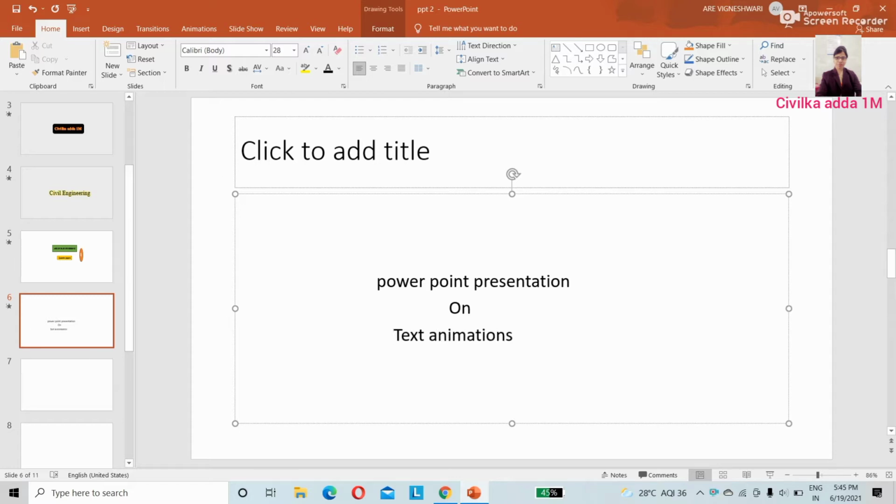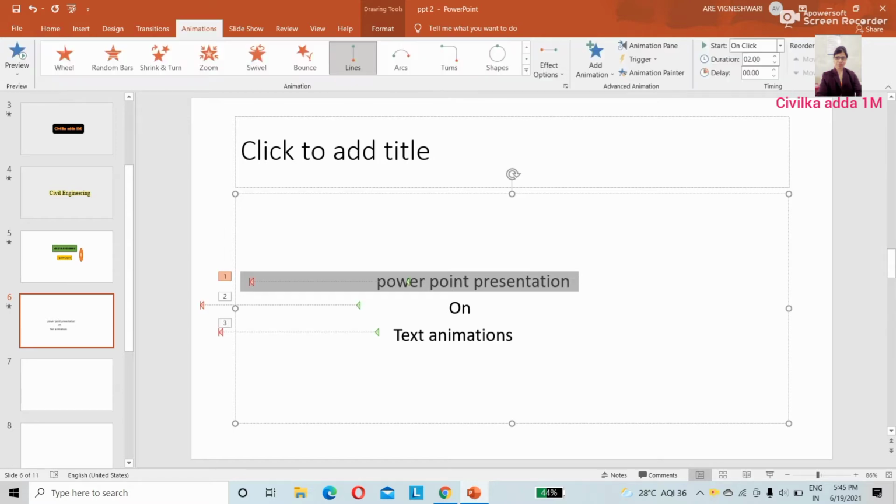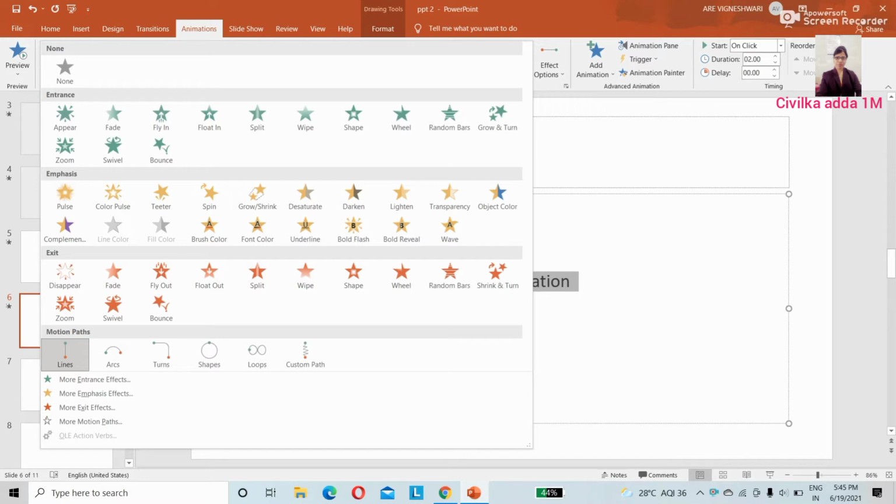We'll see this. Select this and go to animations. Select animations. In this you have different options. Select any one of the animations: entrance, emphasis, exit.